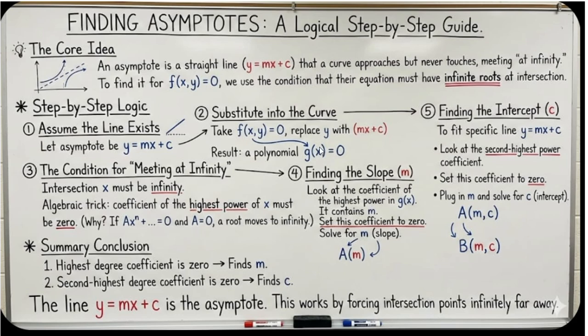And in this case, the coefficient of the highest power in f of x contains m here. And if you equate it to 0, then what happens? If you solve it, you can get the slope here. And if you again make the second highest power coefficient 0, because we already know that we are going to assume y is equal to mx plus c is an asymptote for this curve, whenever you substitute y is equal to mx plus c in this equation, this is going to equal 0